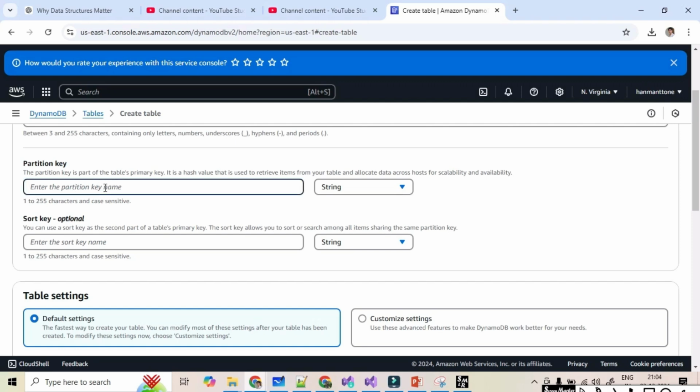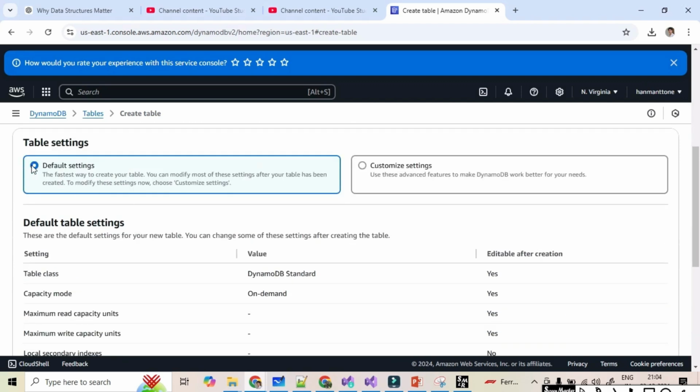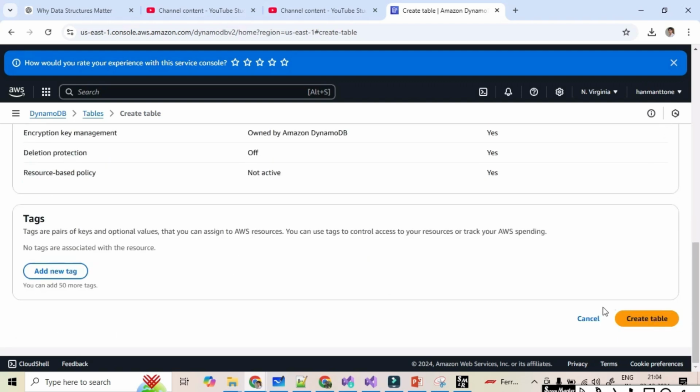In that, whichever one is the key, we can pass here. Currently we are passing ID here as a number, and that ID will be the primary key for this DynamoDB table. We will not add the sort key, it's optional. As of now we can keep the default settings, and let's click create.